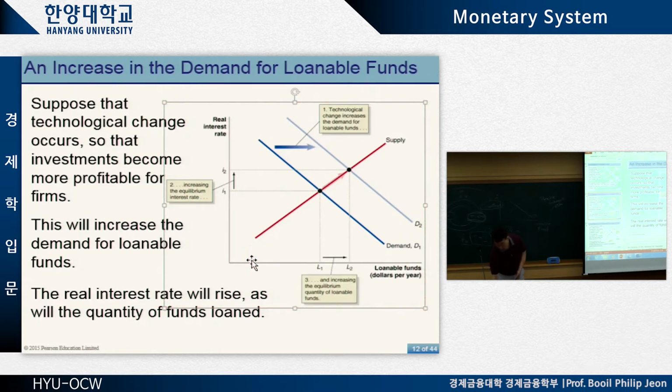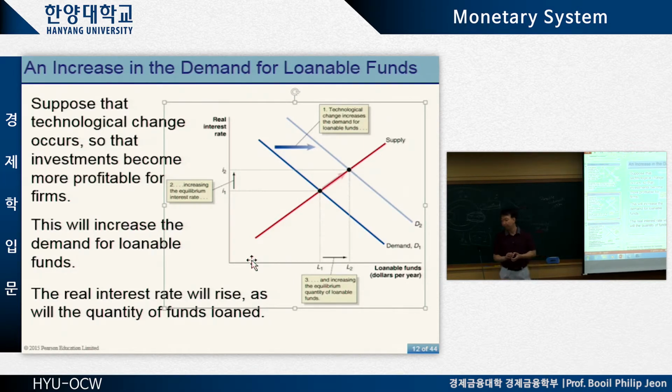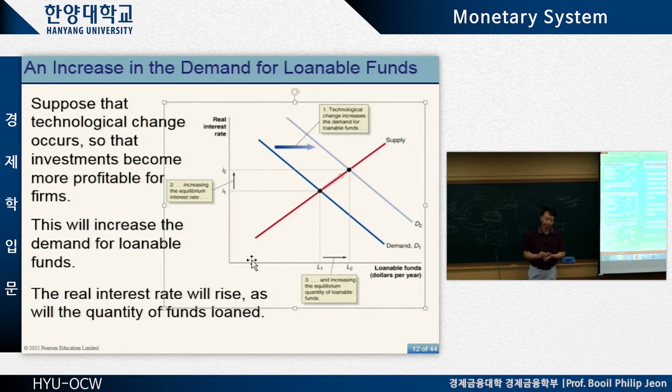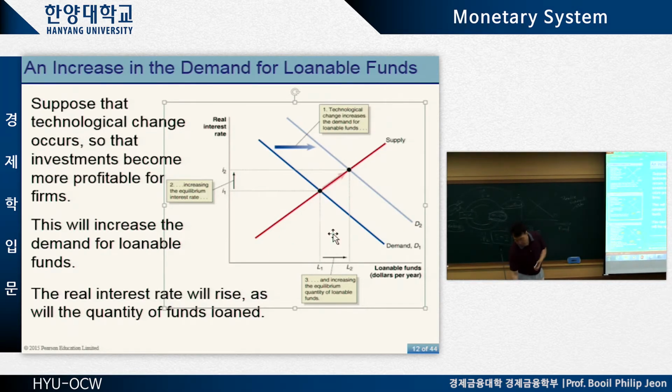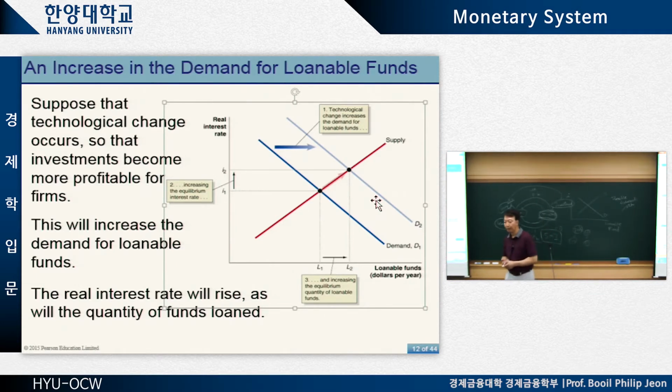What do we call that situation? Quantity demanded is greater than quantity supplied. Shortage. Right? We're going to have a shortage of loanable fund, right? Then, assuming we have a free market or freely adjusting interest rate, bankers find out that, hey, everybody is trying to borrow money. So many companies come to the bank and they want to borrow money, but we just don't have enough money to lend, right? So perhaps we can increase the interest rate, right?